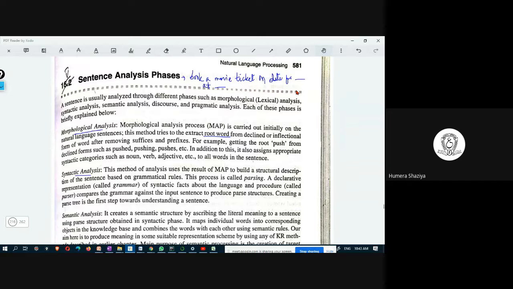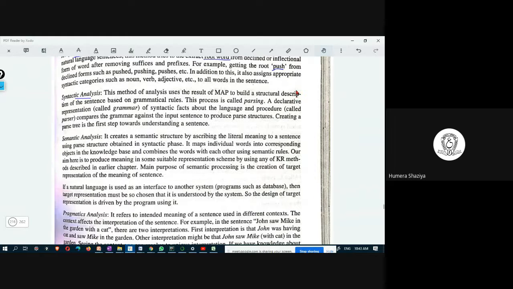The example given is pushing. Suppose the word pushing is being used. Pushing is not a root word. There is an ing suffix attached to it. What is the root word to this? The root word is push. So when a system learns or extracts the root word from different words, then it is all about morphological analysis. Syntactic analysis is